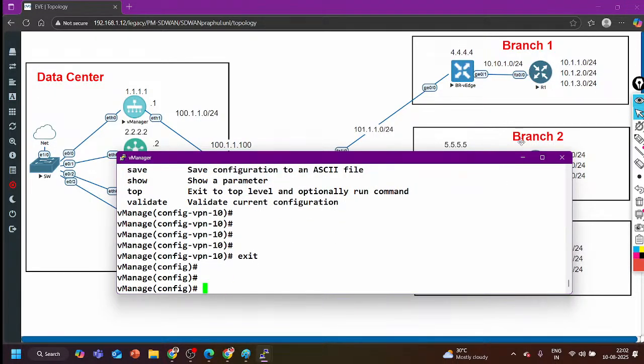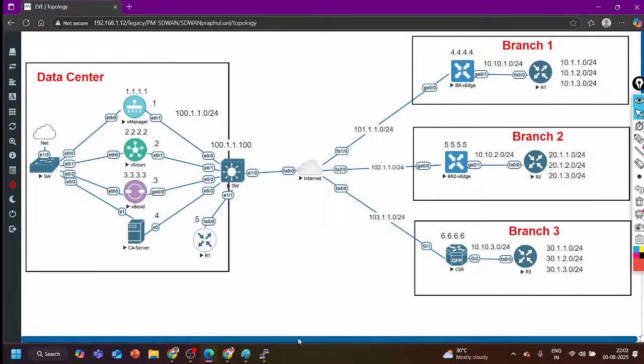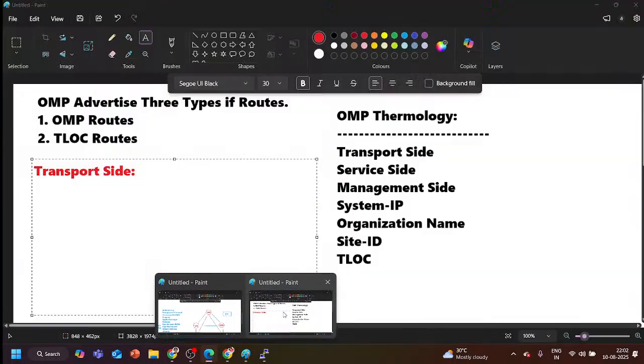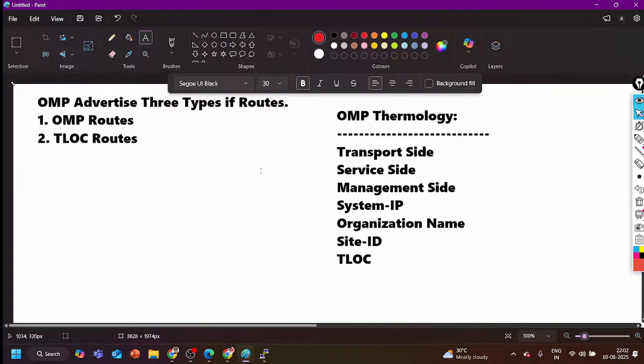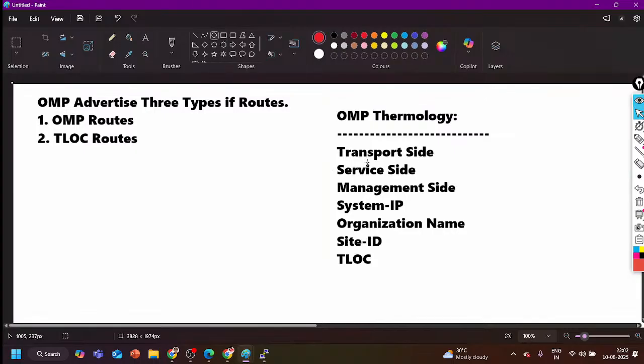Okay, no worry. I will talk about the VPN configuration. Just let me finish some other components of OMP terminology first. Service side clear, transport side and management side. Now next thing is what? Next thing is